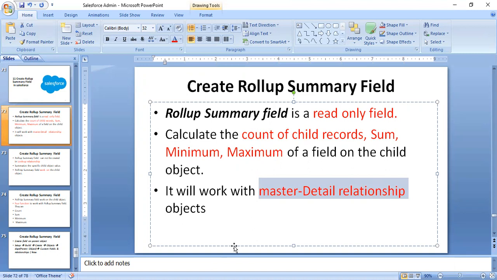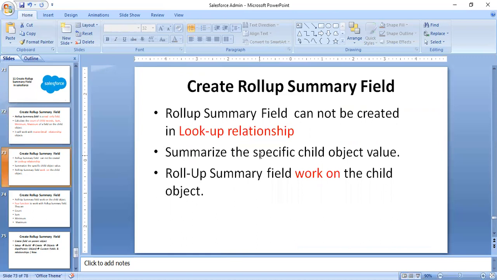One table value points to the other table field. That's why it is called the master-detail relationship between department and employee. If you have the master-detail relationship, only then can you apply the roll-up summary field. The roll-up summary field cannot be created in a lookup relationship.